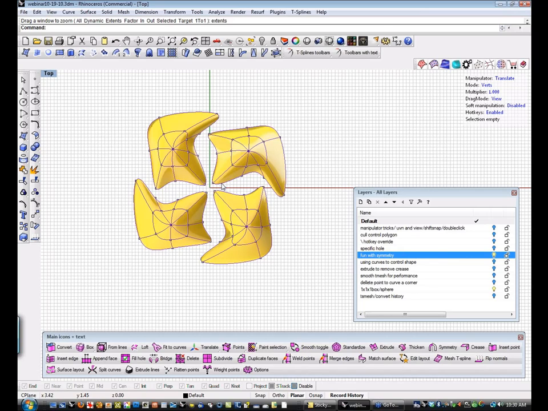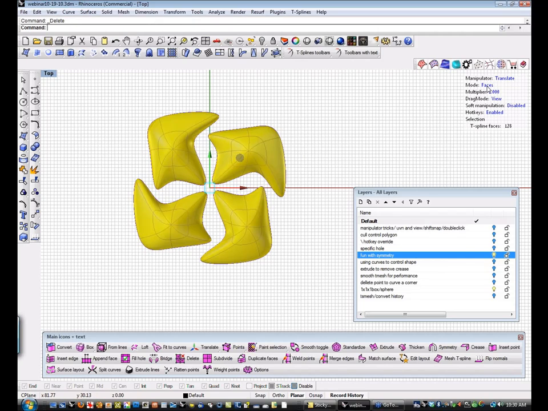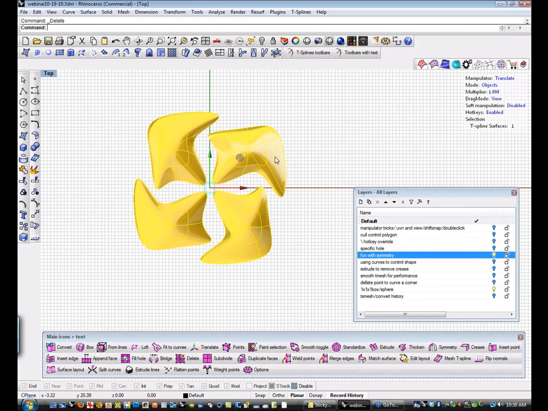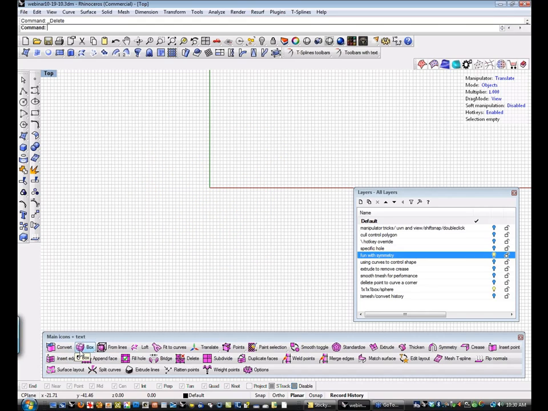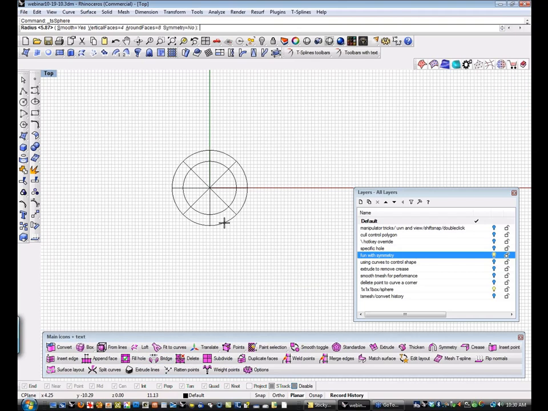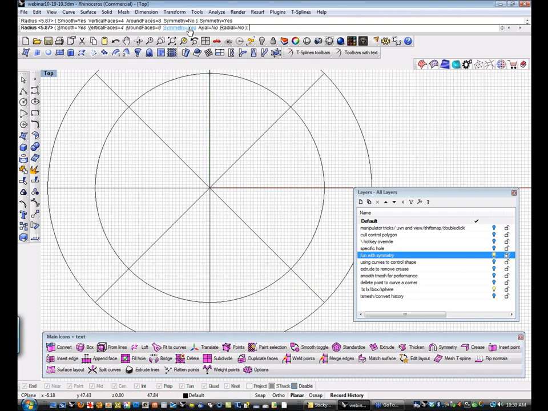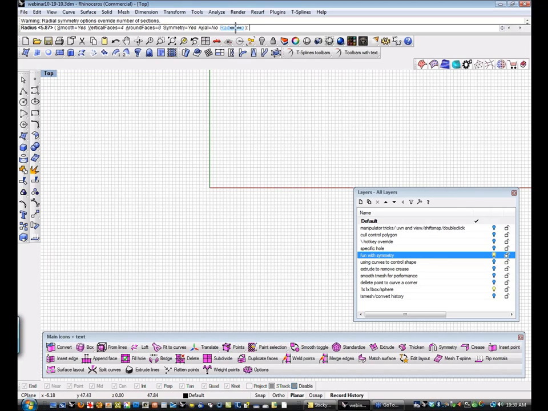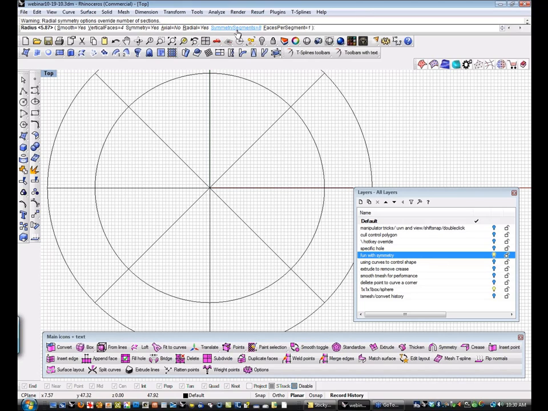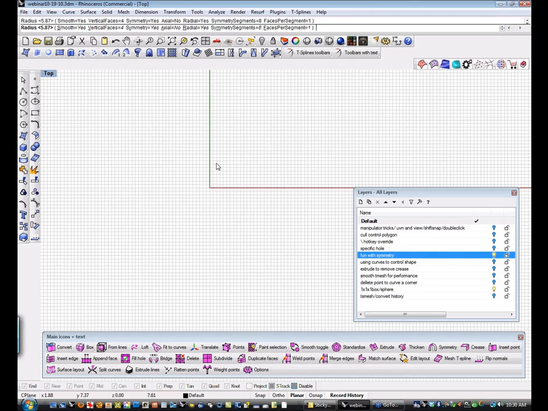In this case, the thing to keep in mind is that symmetry in this version of T Splines works around the origin. So everything that you do is set up around the origin. So let's look at how I set that up. And basically what I did was, if I take a single object and I apply symmetry to it, and it's going to be radial symmetry, I'm going to say yes,